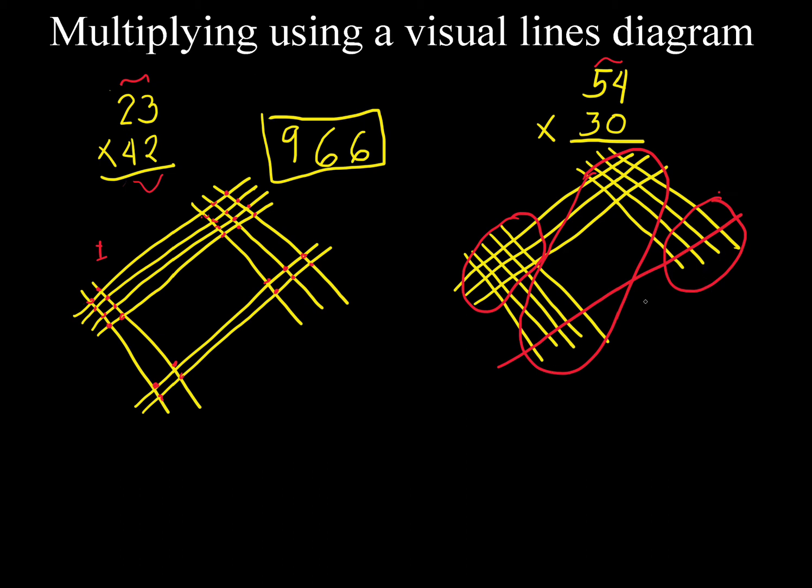Okay, if you notice, they're all being intersected with that red line. So what that means is, for our first placement, we're just going to write down the number 0, because it's all being intersected with a red line. Now let's take a look at our tens